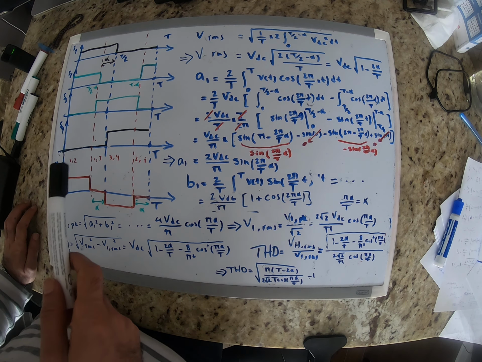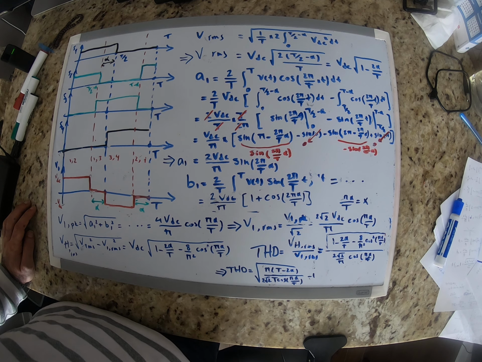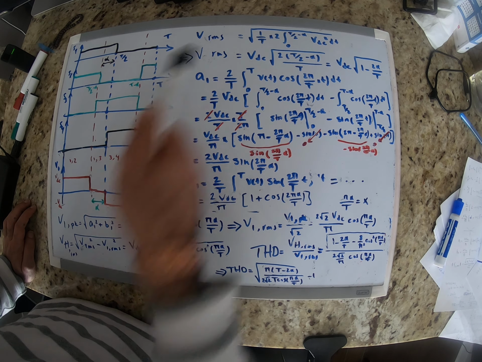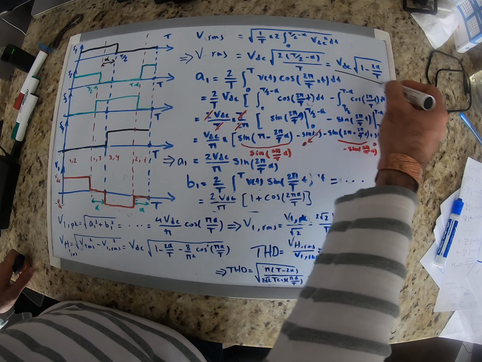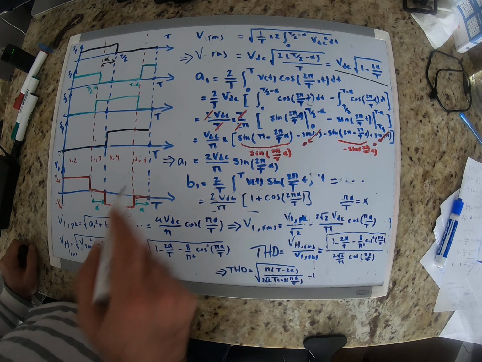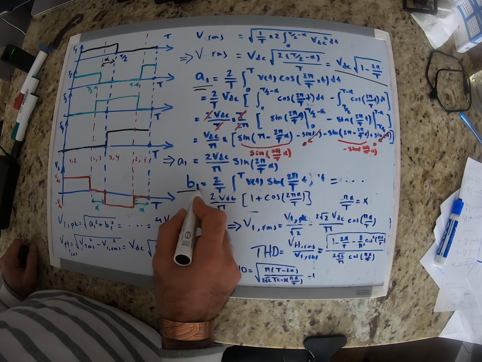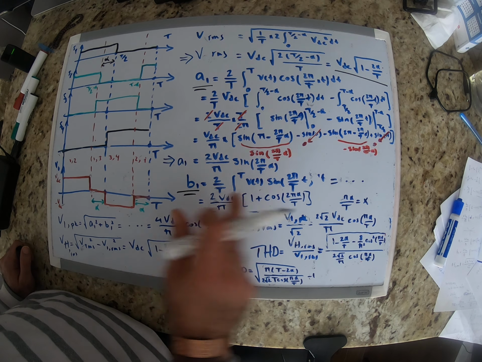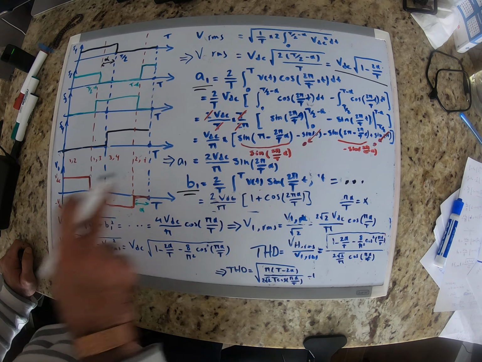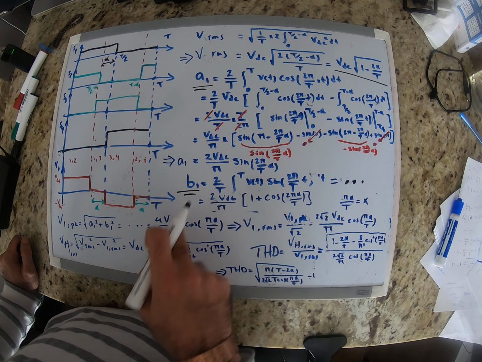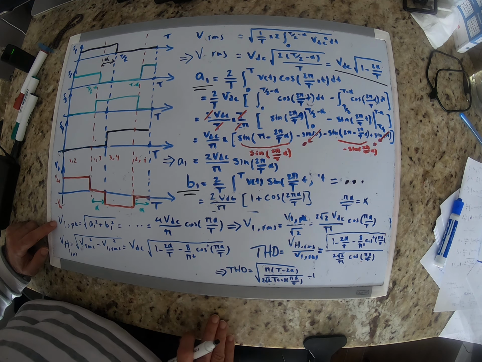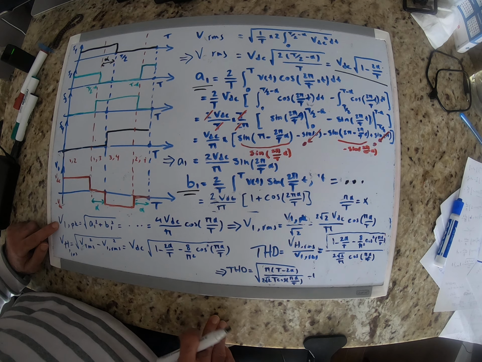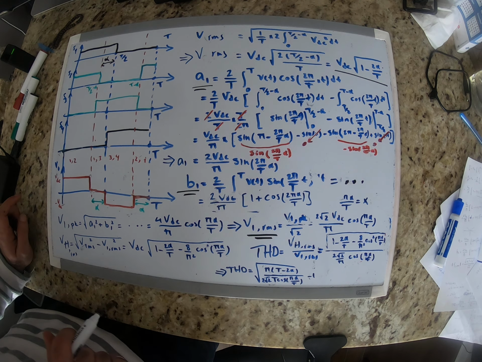So what I did here, and I didn't want to waste your time doing all these equations, but I calculated the RMS value of the output voltage. That's what I found based on the value of alpha. Then I found the coefficients for the Fourier series for the fundamental frequency, A1 and B1. I skipped B1. It's similar to what we did here, and then I found the peak value of the fundamental frequency voltage. I found the RMS value of the fundamental